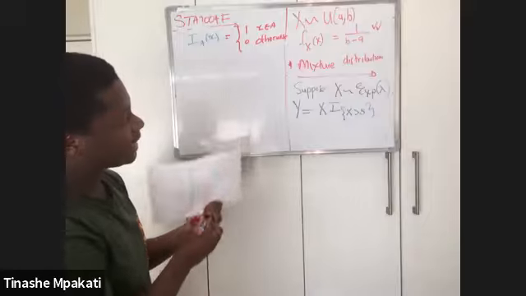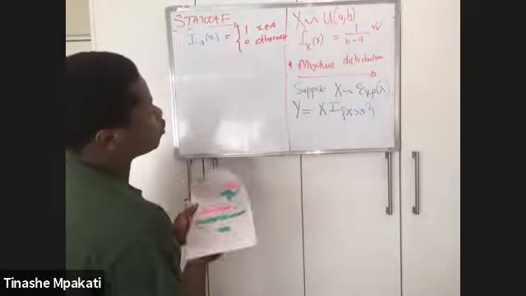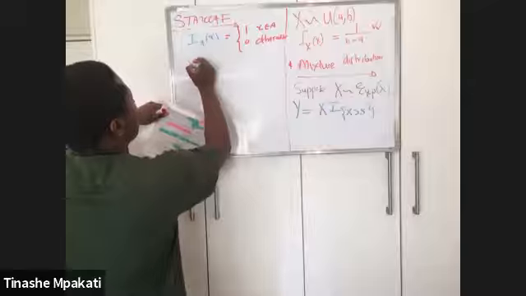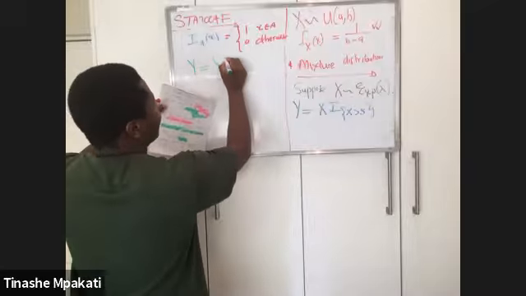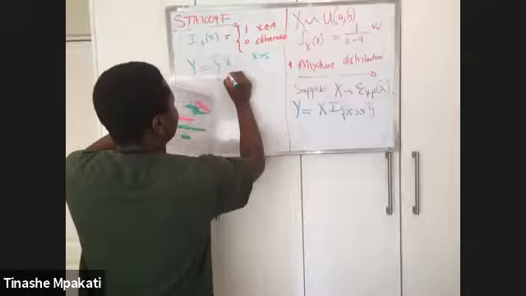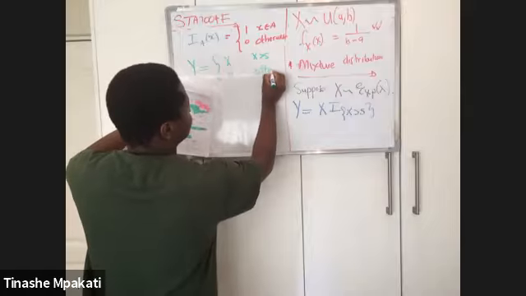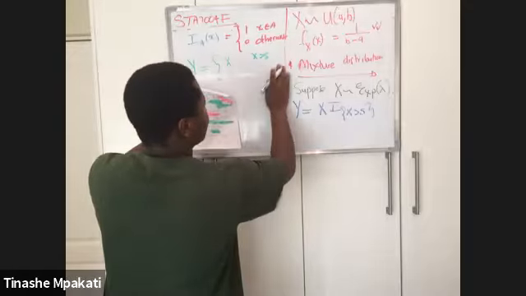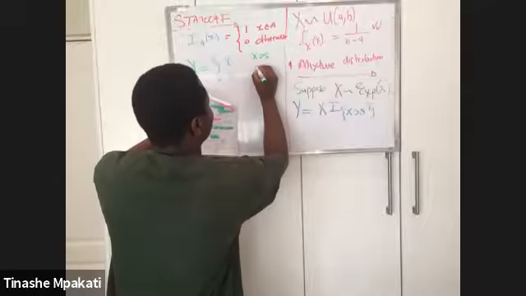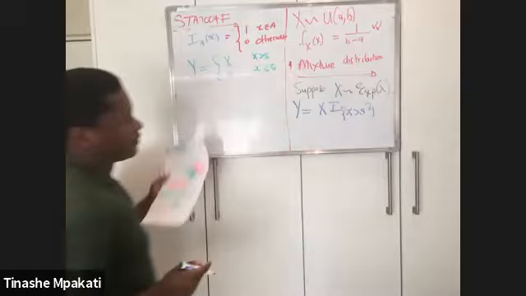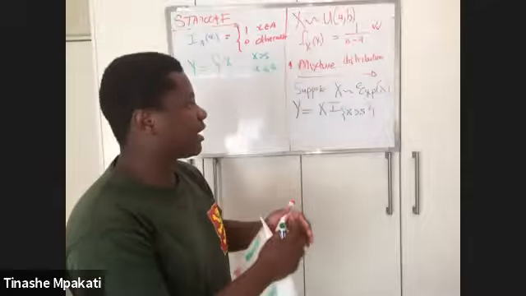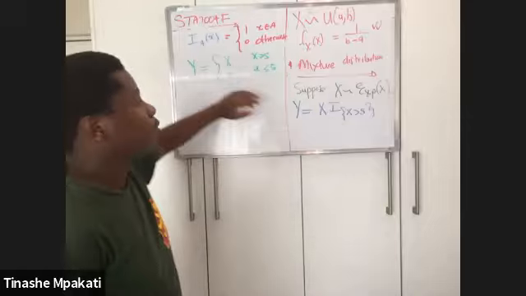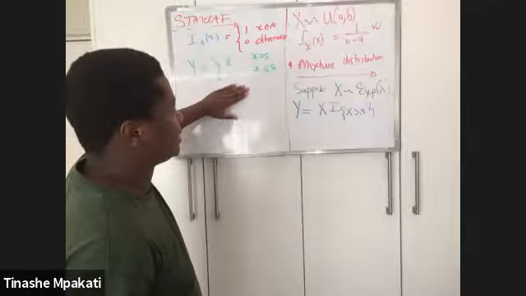So when we're given a random variable Y, which we are told is equal to x times an indicator function like this, x greater than 5, this means that our Y will simply be equal to x if x is greater than 5 and will be equal to 0 otherwise. If you wanted to write it completely, instead of writing otherwise, we know that this will be equal to 0 when x is less than or equal to 5. This is why it is very important that you understand how to simplify this, because we're going to do a lot of examples where being able to simplify this will make whatever you do much easier for yourself.